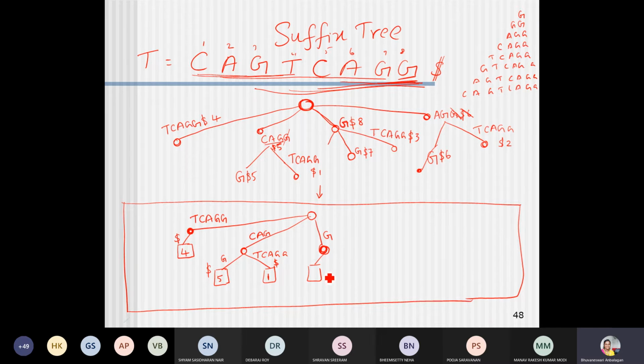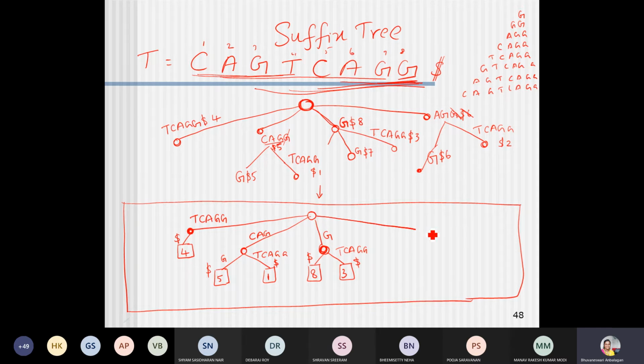This is the first thing, right? So I will give 8. This is going to be the end. And then the next thing is GTCAGG. The same thing, I'm just going to write it here. No difference over there. This is going to be the end of it.